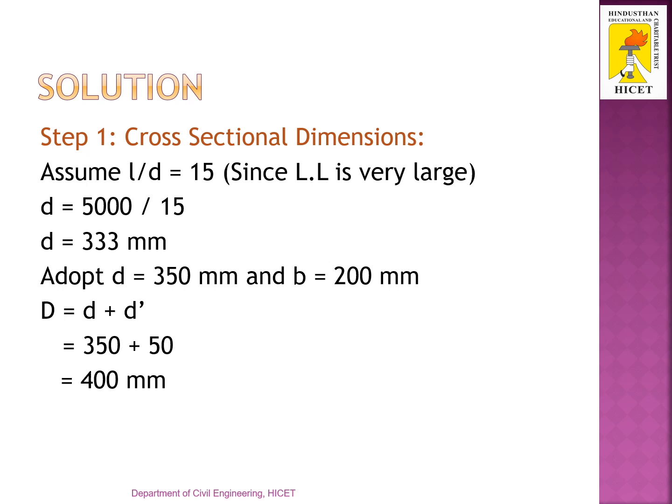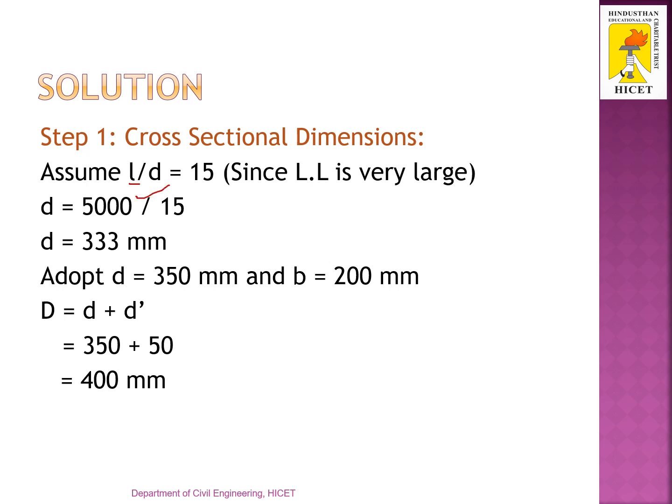Since our live load is very large, that is the live load value is equal to 8 kN per meter, we are assuming the span divided by effective depth ratio is equal to 15. So the effective span value is equal to 5 meter, in terms of mm, 5000 mm,